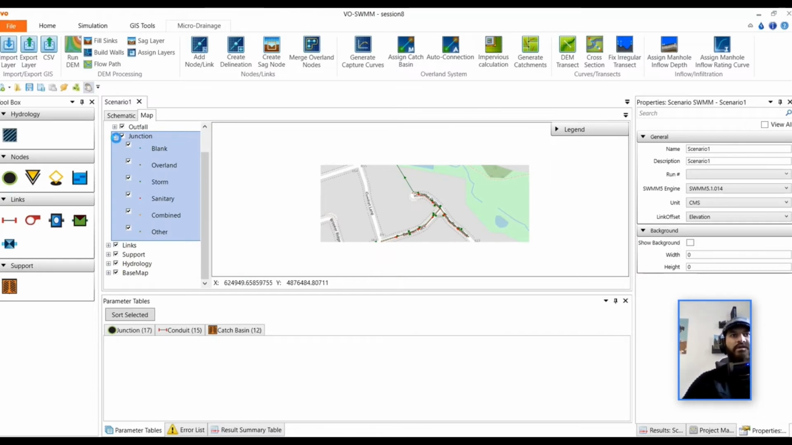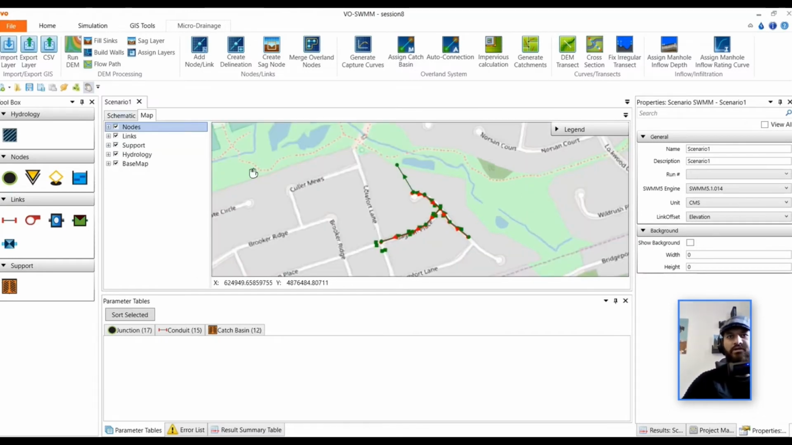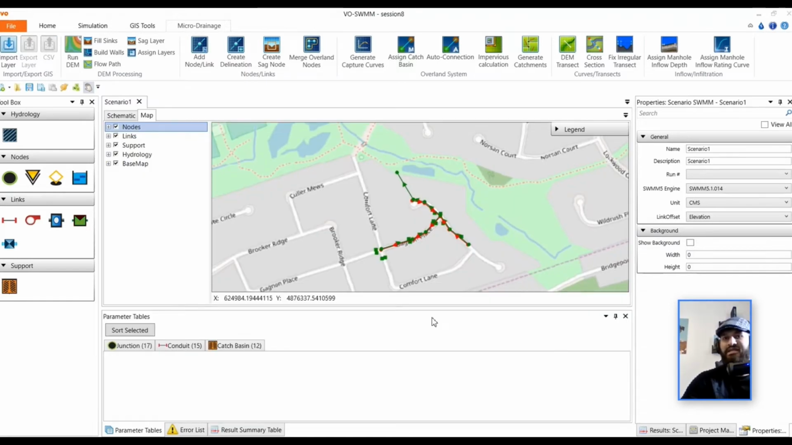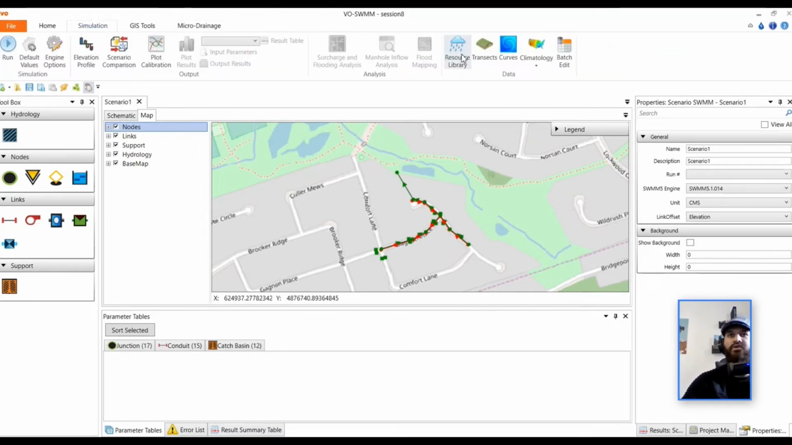So this is what I have so far added to the software. And then the next step is to add my storm data to the resource library. And then after that, add it to the model. So I go to the resource library under the simulation tab,